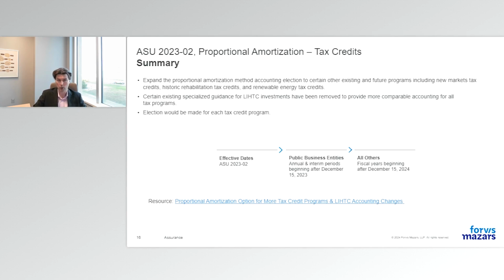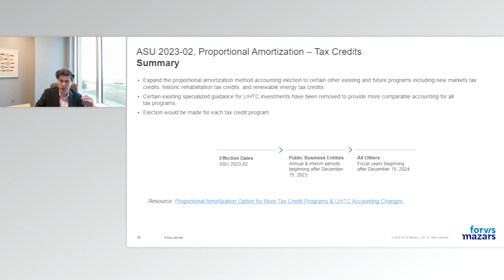ASU 2014-01, which relates to equity method investments and joint ventures, introduced the option to apply the proportional amortization method to account for investments that were made primarily to receive a tax benefit. But the amendments in that update were limited. They limited the proportional amortization method only to investments in low-income housing tax credit structures. So even though there are other structures aiming to achieve similar tax benefits, the proportional amortization method was only allowed